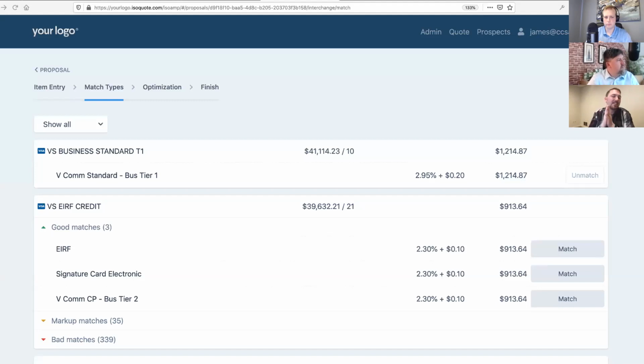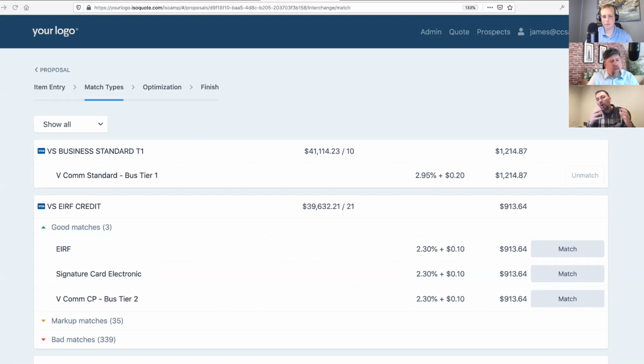Now, this second step, I'm really excited about the progress we've made here, even in the last few weeks as we've gotten ready for rollout. So this next step is you put a bunch of text in our system, and said, VS Business Standard T1. Well, as I think all of you know, all the processors have different ways that they name these things, you know? So TSYS versus Elevon versus First Data versus, you know, whatever else. They're going to have a different text here. They call interchange different things, right?